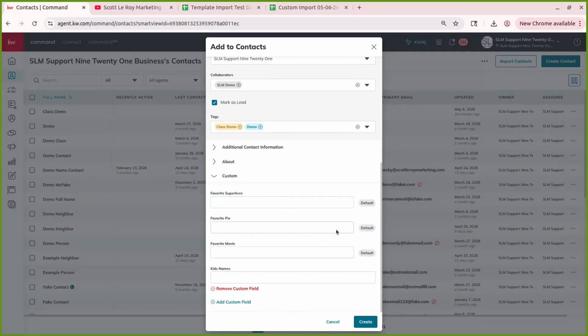Some other options for custom fields. Great one is pie. A favorite pie. A lot of agents like to do a pie giveaway come November around Thanksgiving. So that may be one you want to add. Maybe if you learn some individual things about your contact or about your clients and you have a closing coming up with them and you want to give them a personalized closing gift, you can add different things so that you build what you know about them. That way you can quickly look at the contact and remember without having to sit here and try to remember,